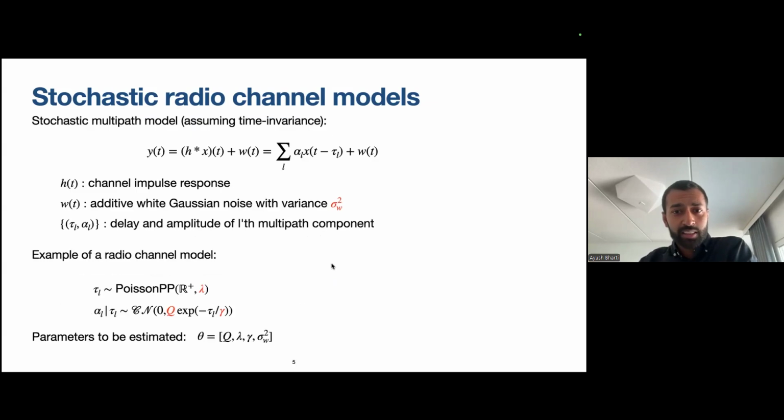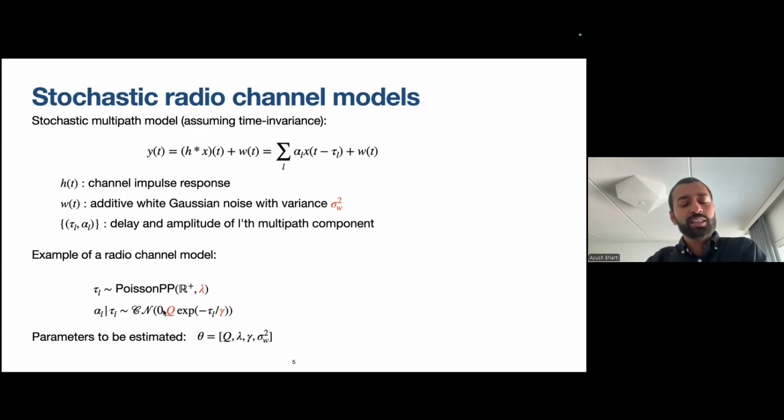So yeah, that's the setting, which is kind of repeated here. So now an example of a model would be a model for how alpha and these taus are distributed. The simplest one we can think of is that tau is a Poisson point process, like a one-dimensional Poisson point process with some arrival rate lambda. And then the gains, the alphas, which is the amplitude, conditioned on the delays,